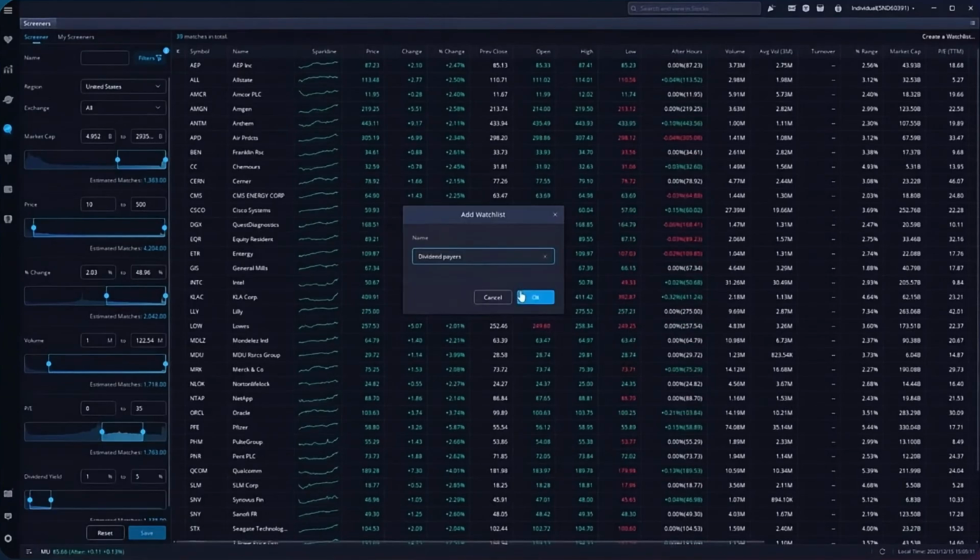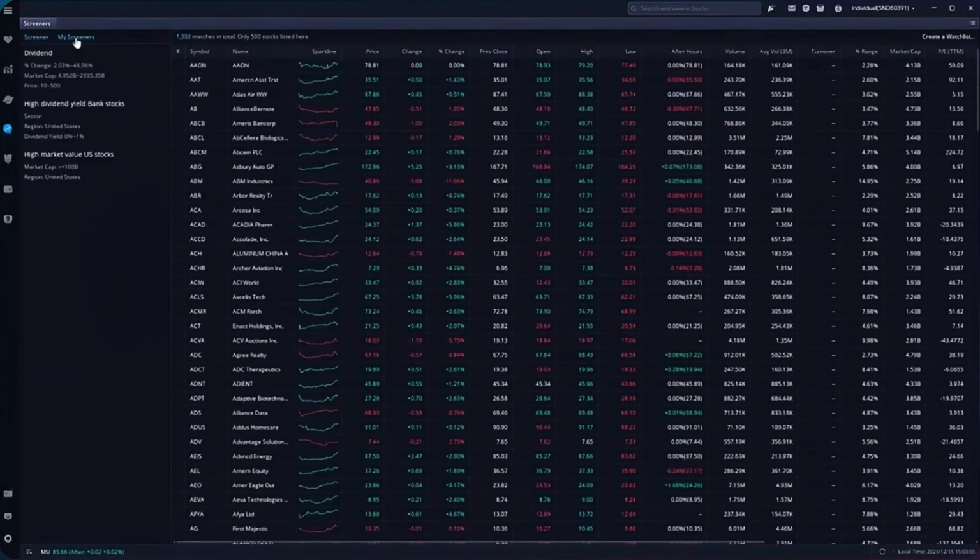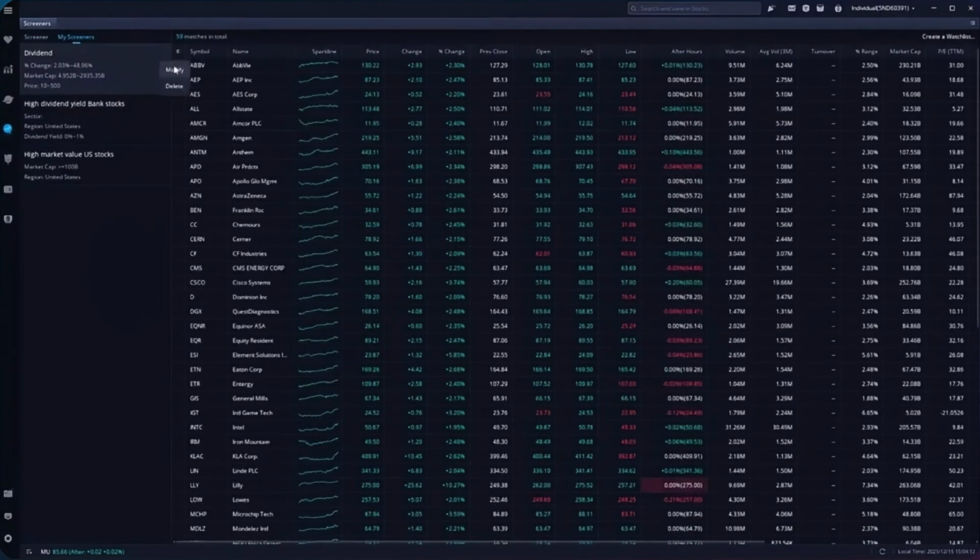To access your saved screener later, click on the drop-down menu at the top of the screener page and select the saved name from the list. If you want to modify it, click the three-line menu icon next to the screener name and choose the Edit